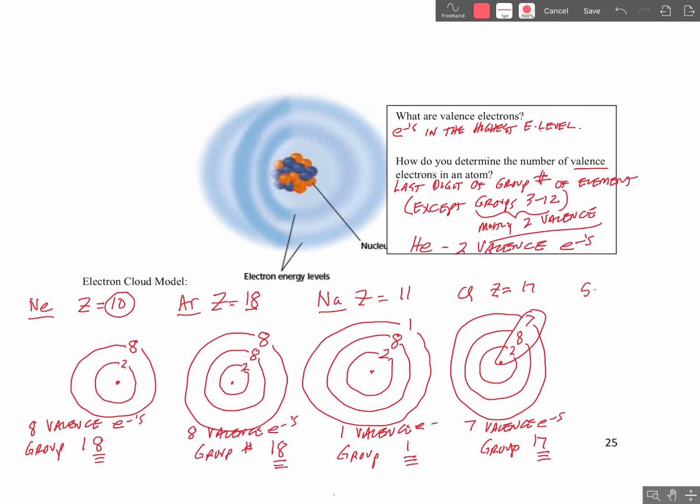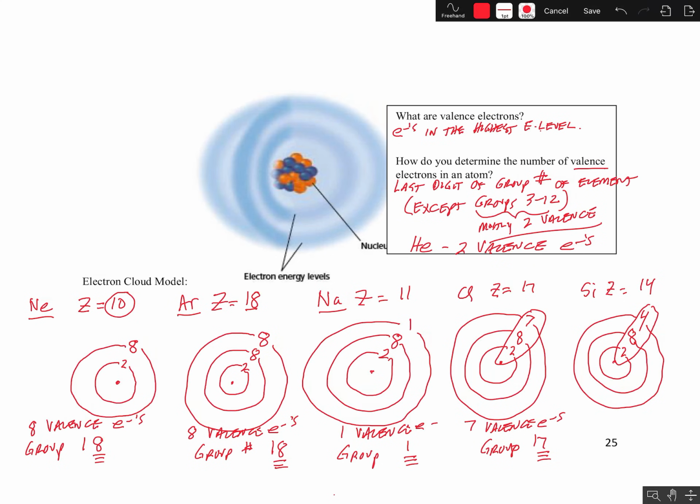Let's do one more since we have a little bit of space available. Let's do silicon. Silicon's atomic number is 14. Here's its nucleus using our Bohr model. 2 in the first energy level, 8 in the second energy level, and the last 4 we can put in the third energy level. 2 plus 8 plus 4 give me 14, but the number of valence electrons would be those in the highest level, so we'd say silicon has 4 valence electrons, and it's in group number